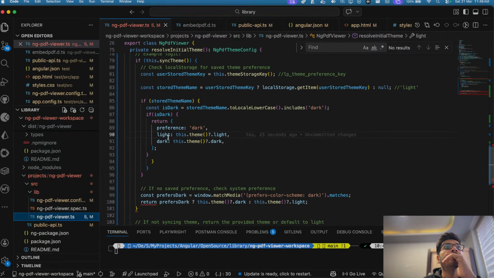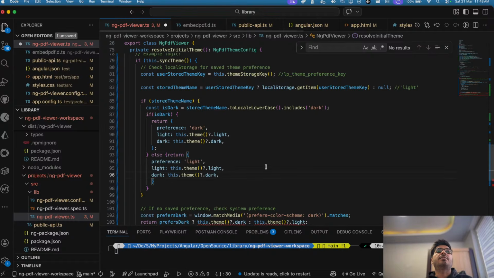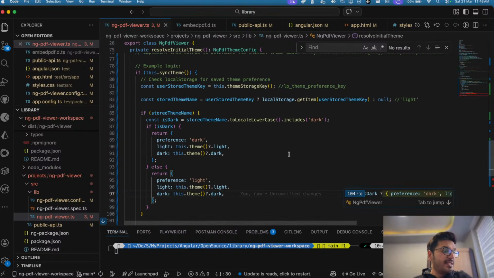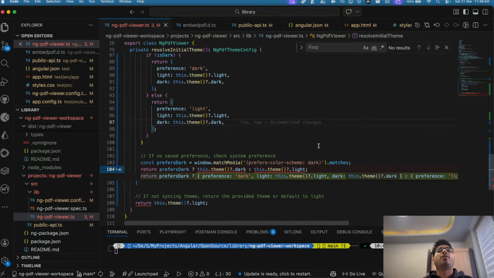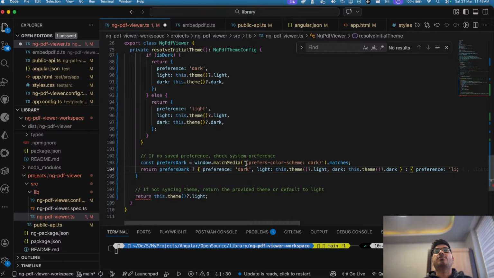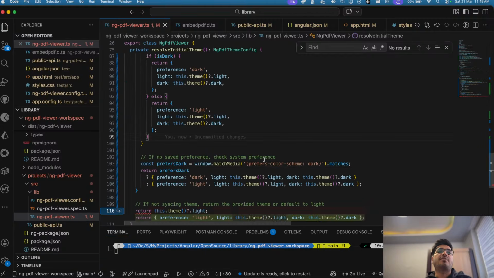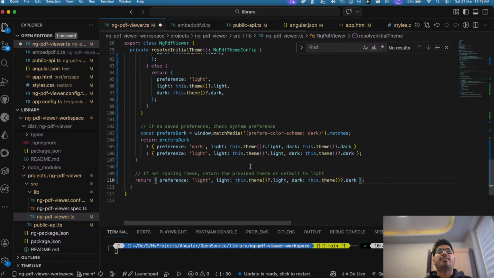Okay, if it is dark, then I'm going to return this, or else I'm going to return this, something like this. I hope things are making sense, guys, what I'm trying to do. If not, do let me know. Or else it is going to check window dot matchMedia, check for the matches, prefers dark. If it prefers dark, then you're going to change it like this. Okay, this is also good. This is what we really wanted. And then or else you can say prefer system,